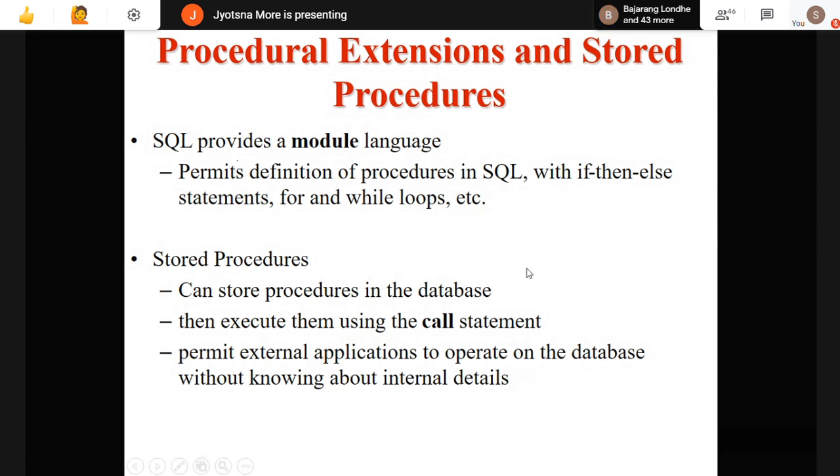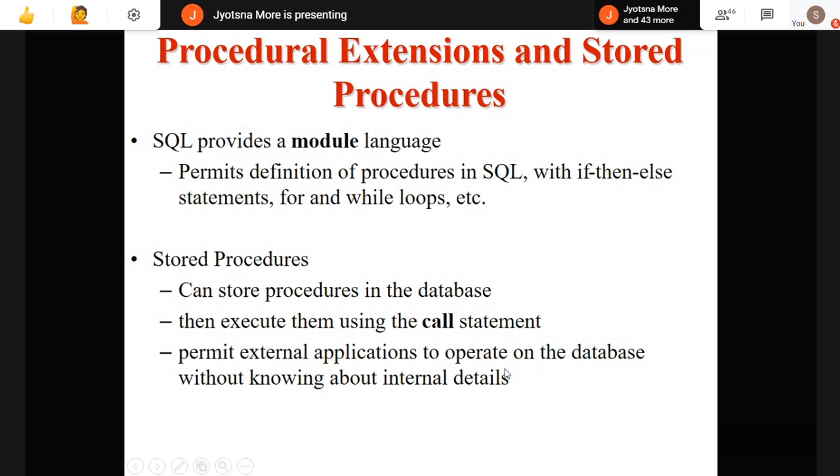Why do we require to store the procedure? Because once you have created it, you are storing that procedure somewhere in your database, then you can execute it using the call statement. So whenever you require, just write a call statement and you can call that procedure. You will ask that procedure to be executed. So that is the requirement of the procedure, or that is the advantage of the procedure. Every time you don't need to write the complete procedure. You just create it, save it in your database, and just use a call statement with the values you want to pass to that procedure, and then you will get the result.